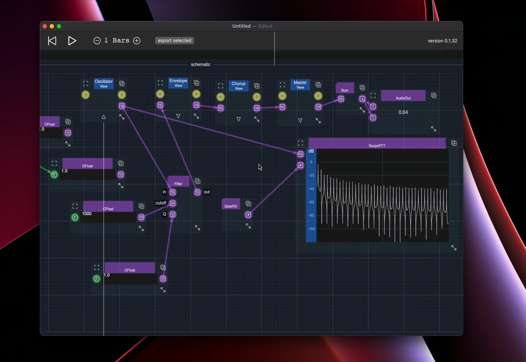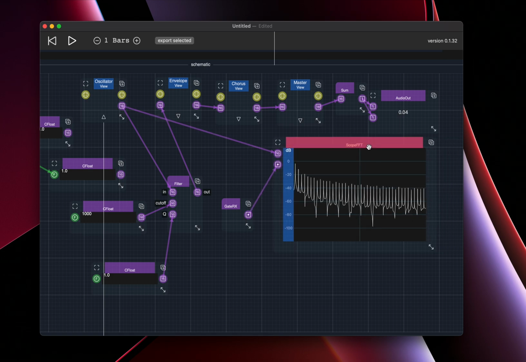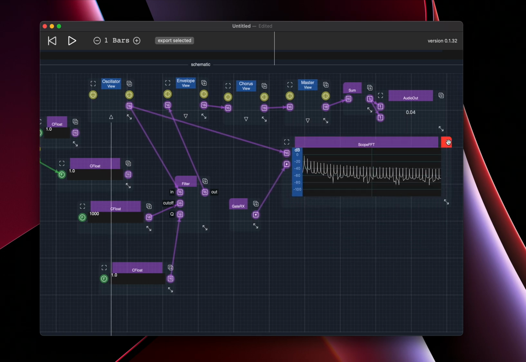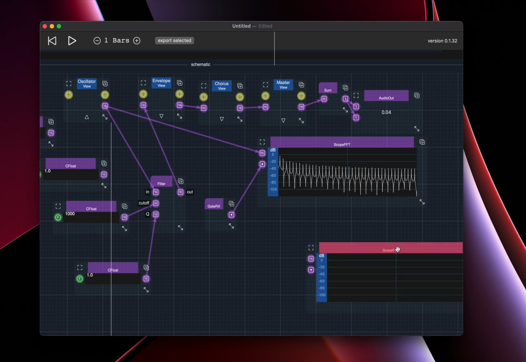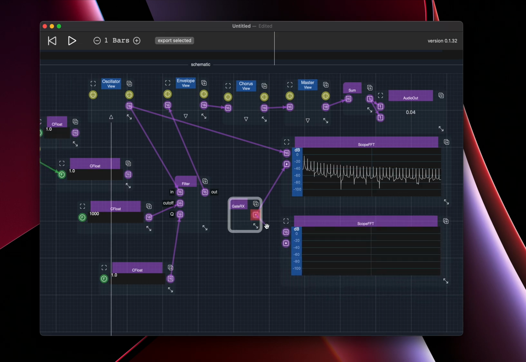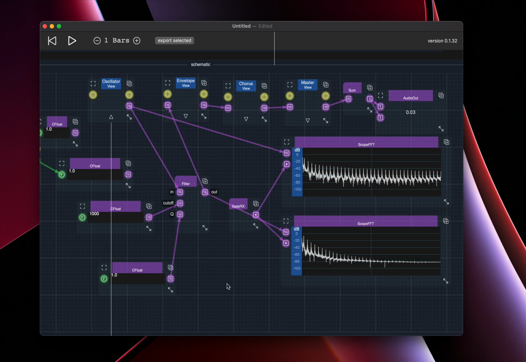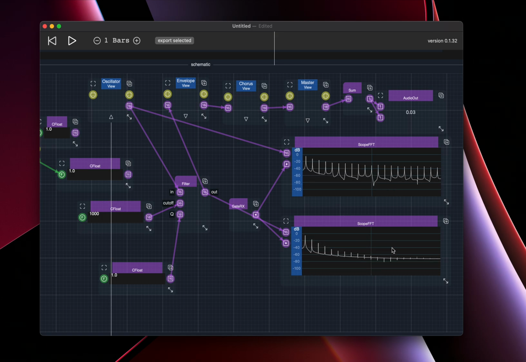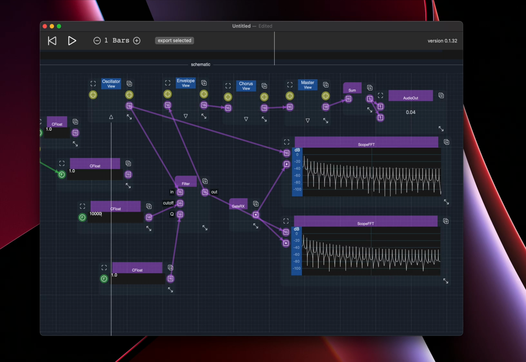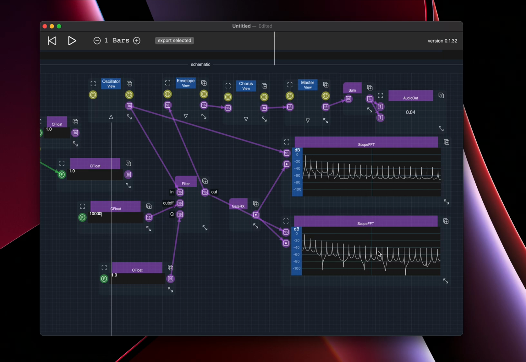This spectrum is still plugged to the original one. I'm going to copy it and also show the filtered one. Okay, let's see. Filter goes there. Okay, you can see now the higher harmonics are much lower. So if I go for a high frequency, you can see that they're much higher. And now if you go for a really low frequency,